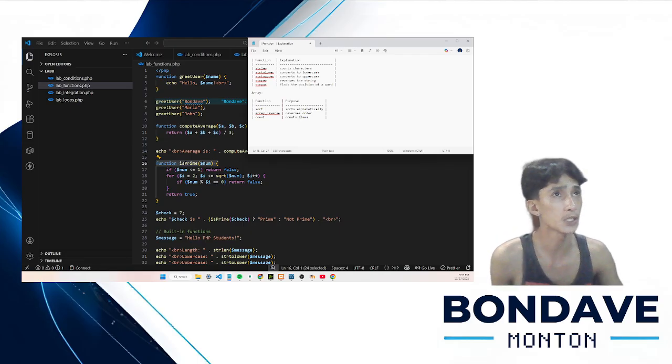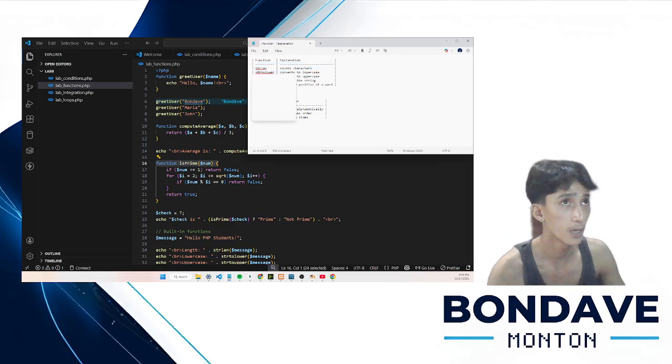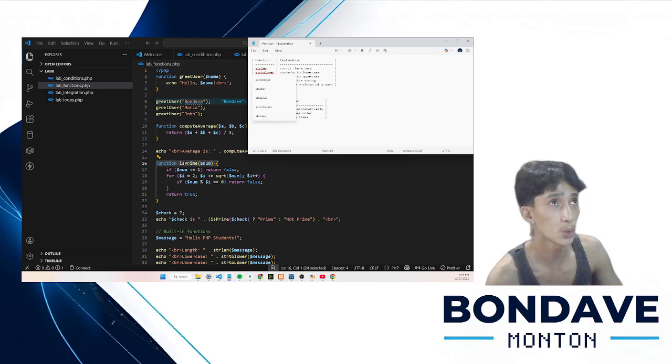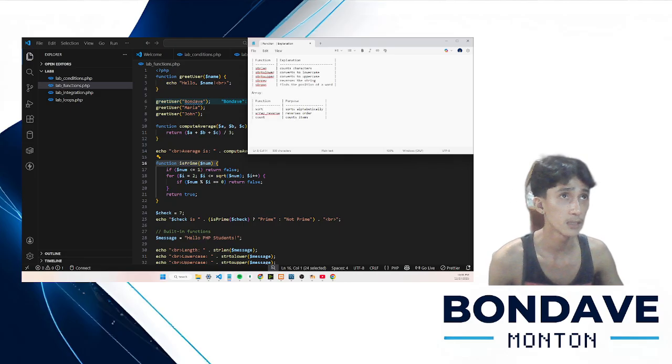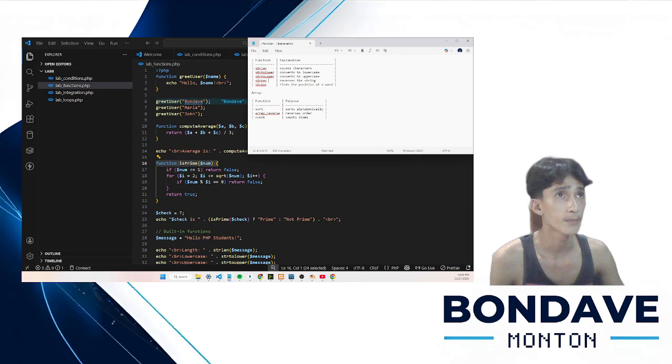Now we have here strlen, which counts characters. strtolower converts to lowercase, and the opposite, strtoupper, converts to uppercase. strrev reverses the string.